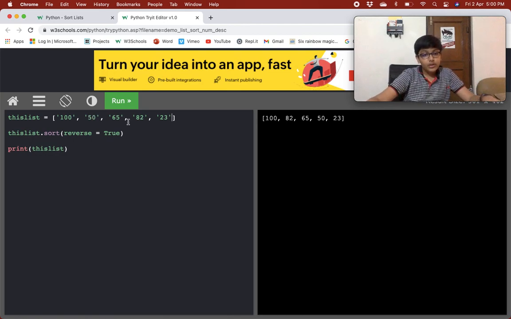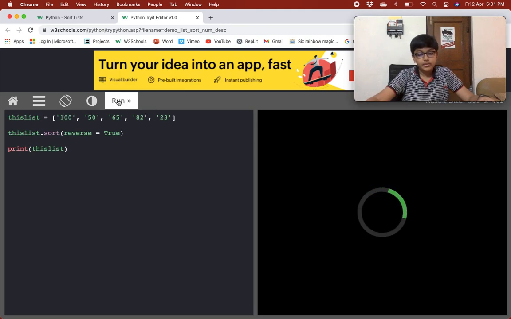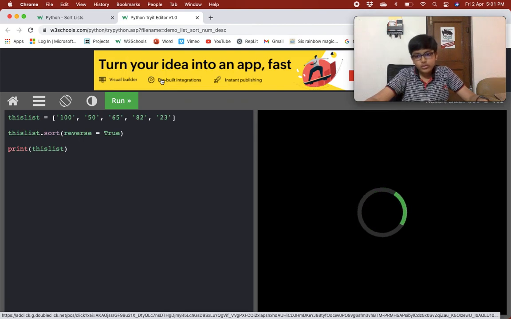Why? 8 is the biggest, so 82 will come, then 6 is the biggest, so 65 would come, then 5 is the biggest, so 50 would come, then 2 is the biggest, so 23 would come, and then 1 is the smallest, so 100 is coming. Okay, so make sure that numbers are not in quotes.